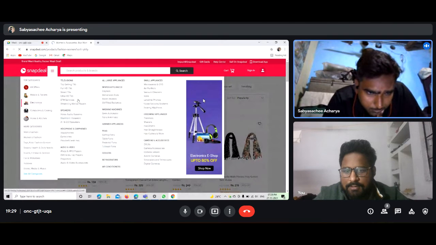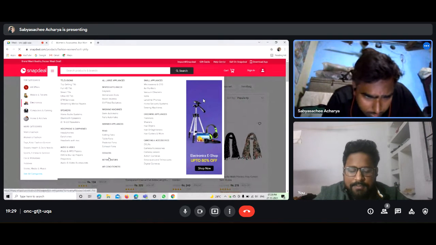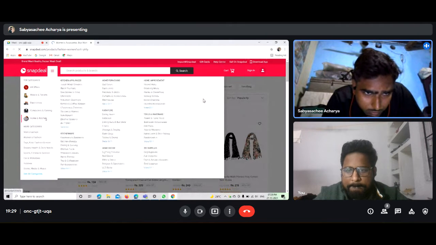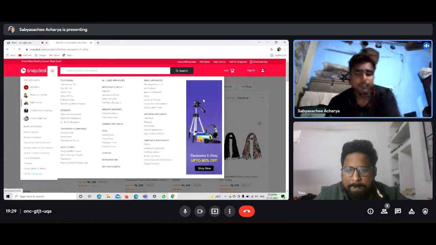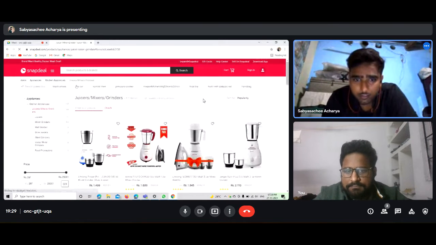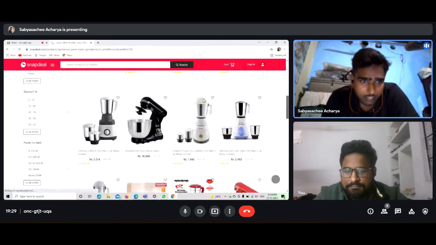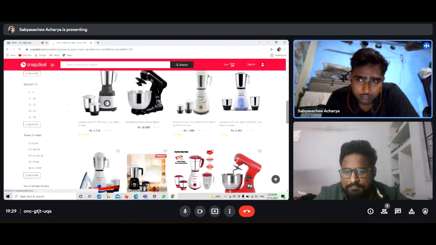Speaker, headphone, no. Small appliances, or maybe in kitchen also. Yes, I think I got it. Right now I am in the mixer section.